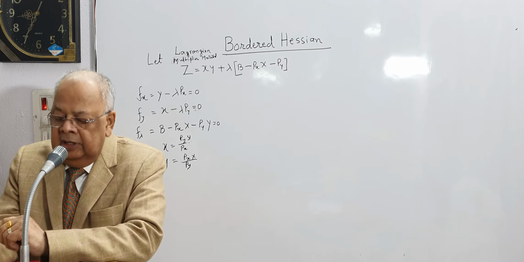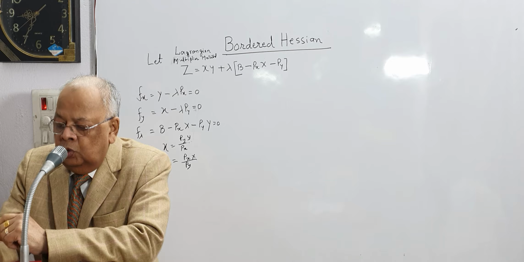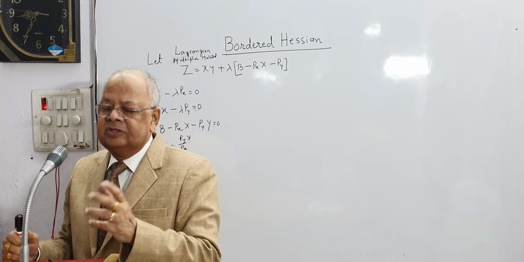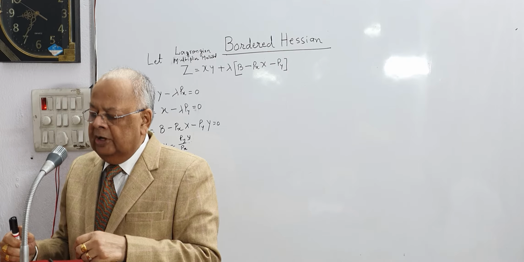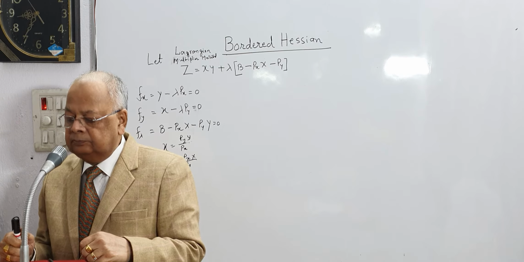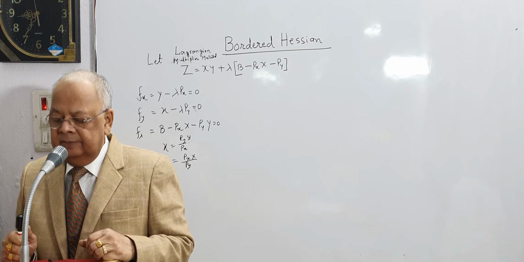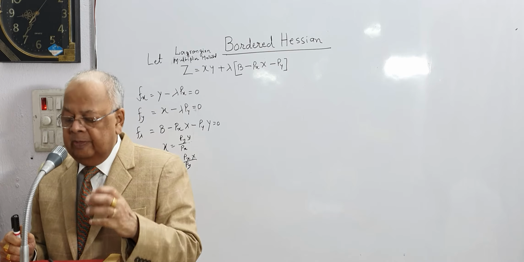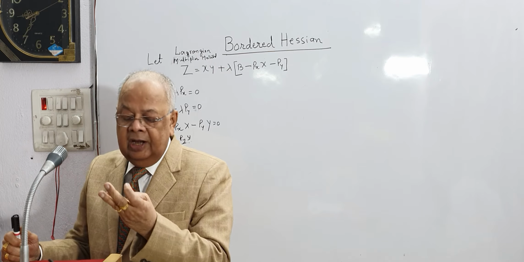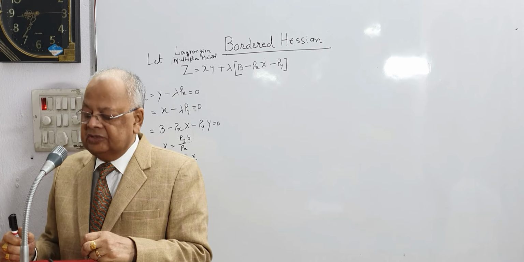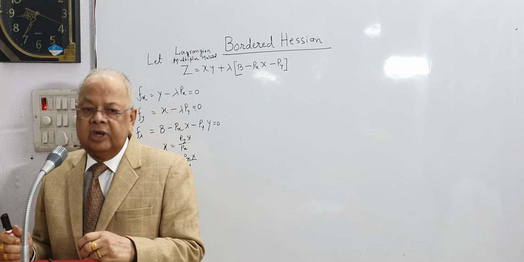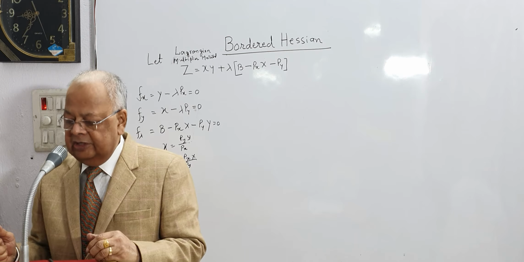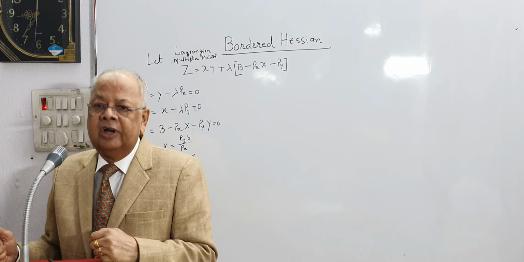Bordered Hessian is a matrix method to optimize an objective function in x and y, where there are two commodities. So the bordered Hessian method is used for optimization, and the word optimization is used because in real life there are always limitations, constraints which we have to consider, and we have to maximize utility, we have to maximize output in case of a firm. In all these cases, bordered Hessian will